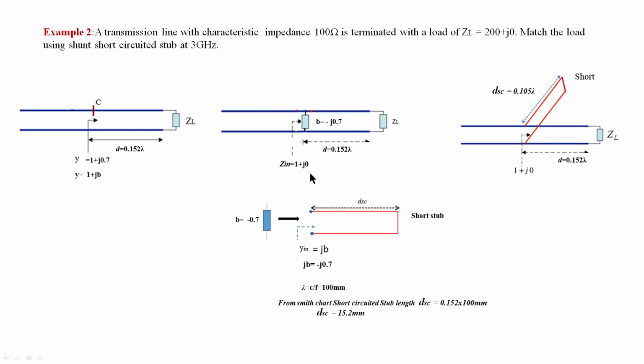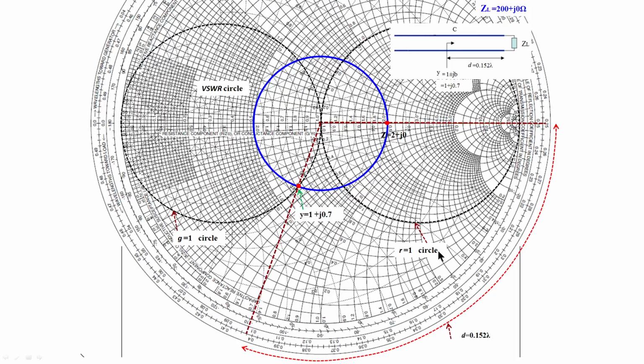So the next part is, okay, that is the way. We found this admittance, and the susceptance value we cancelled. But this distance is very important. At what distance from the load is this position, this point? We cannot connect it anywhere; it should be at some particular distance. At what distance it is, that we find from the Smith chart.